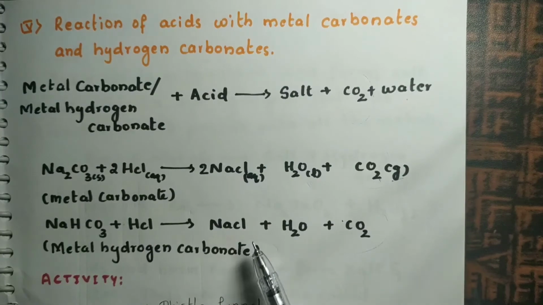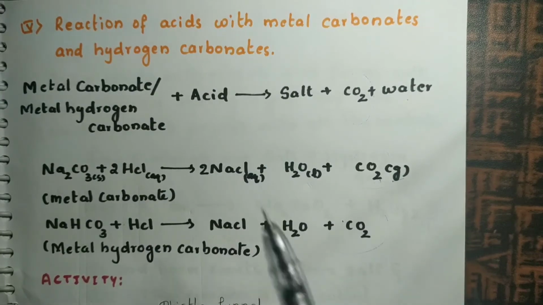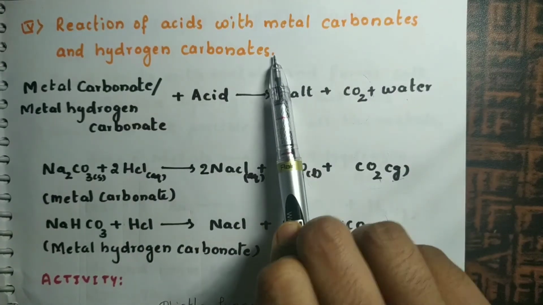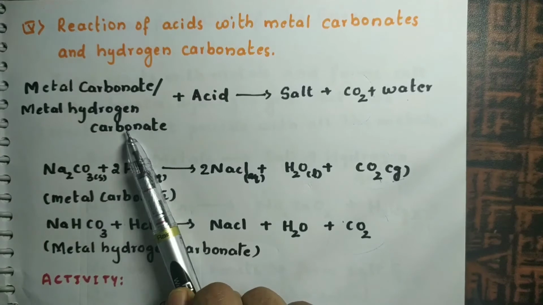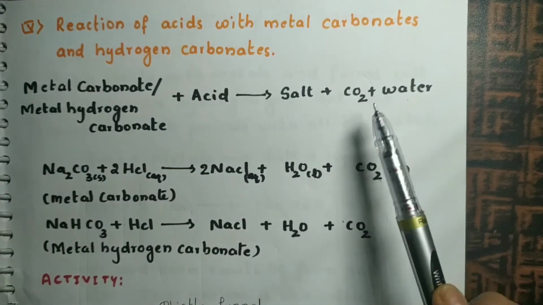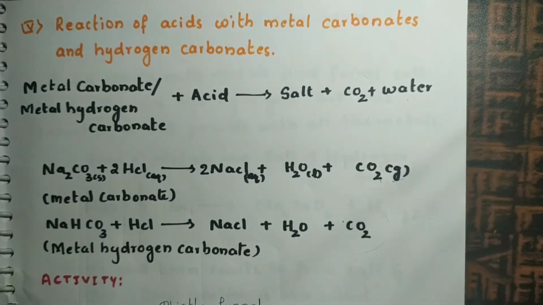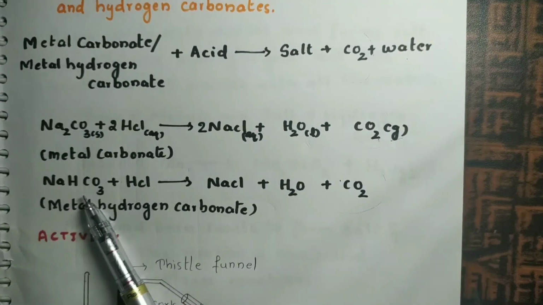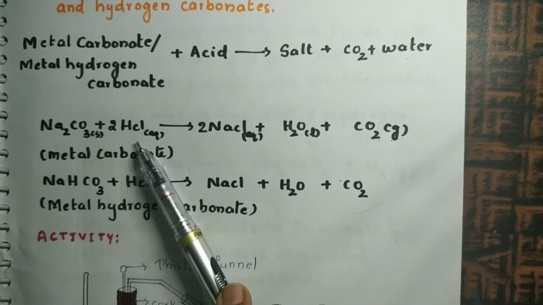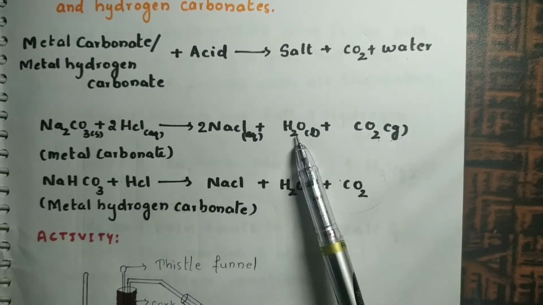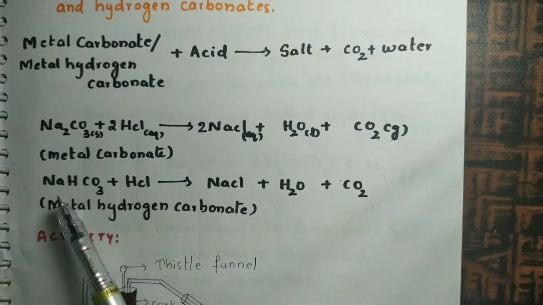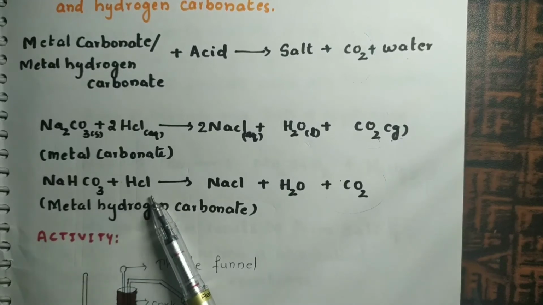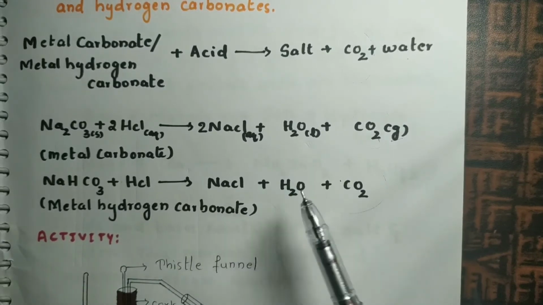The next one and the last one in the chemical properties of the acids is the reaction of acids with metal carbonates and metal hydrogen carbonates. When metal carbonates or metal hydrogen carbonates react with the acid, they form salt, carbon dioxide and water. Let us take two examples, sodium carbonate and sodium hydrogen carbonate. Sodium carbonate reacts with hydrochloric acid to form salt, that is sodium chloride, water and carbon dioxide. Sodium hydrogen carbonate reacts with HCl to form NaCl, that is salt, plus water plus